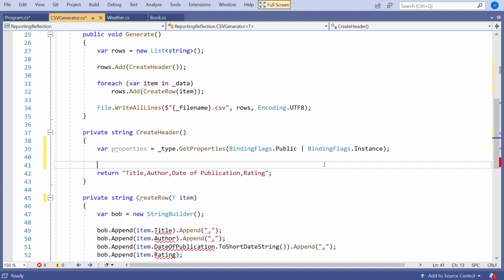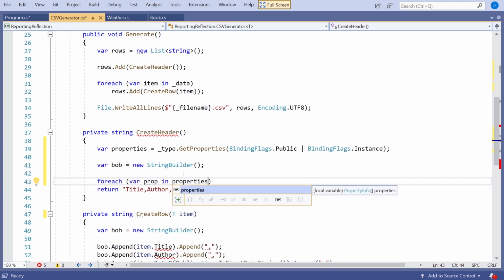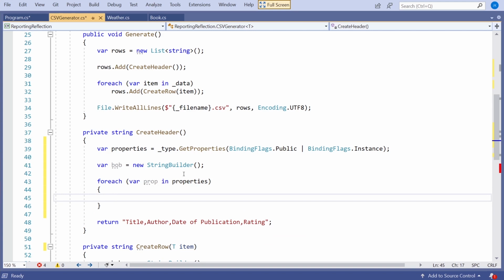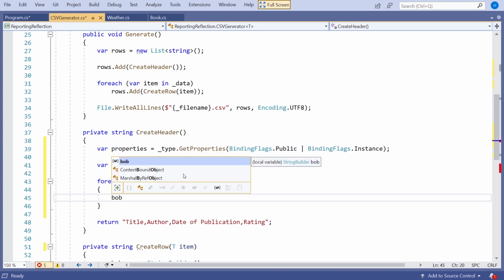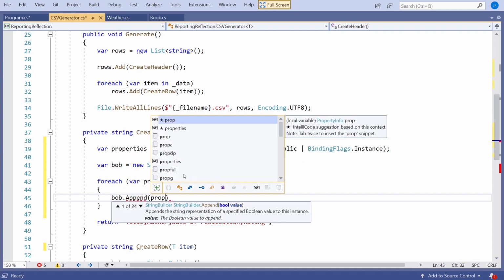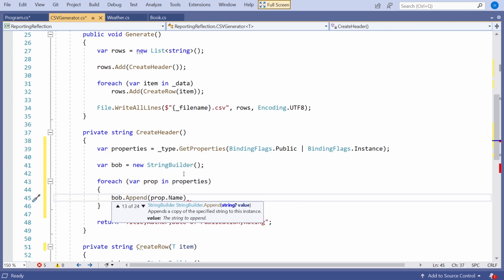And then what I'm going to do is create another StringBuilder, and then loop through the properties. What I'll need to do is just say bob.Append, and then we can do prop.Name, and there it's got a Name property, which is the name of the property, simple enough.